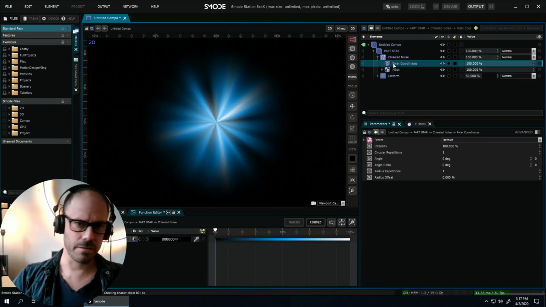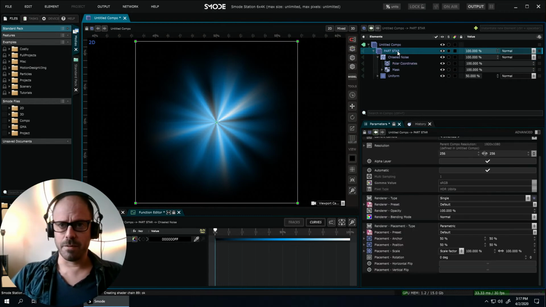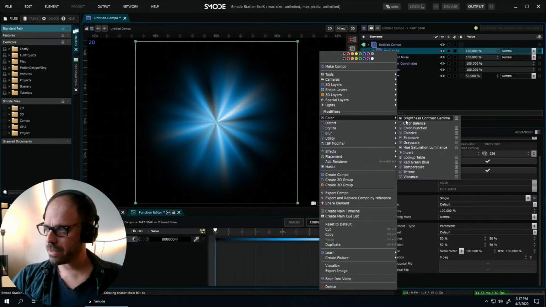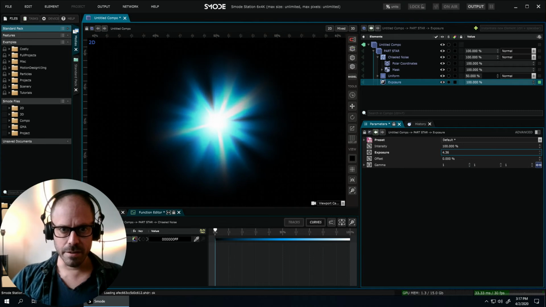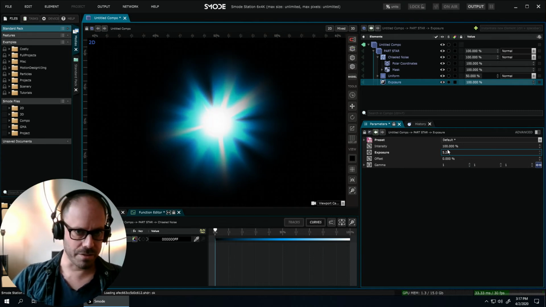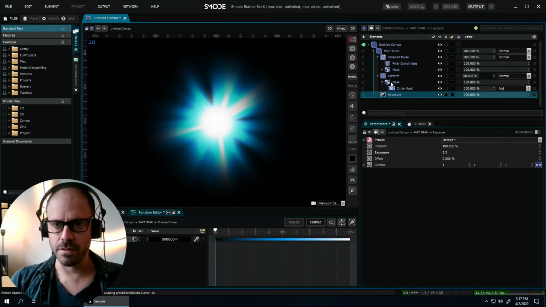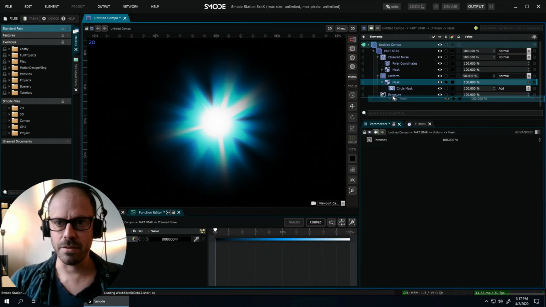This does everything. And after that, I'm going to do a small exposure trick. So I'm going to use an exposure here and burn a little bit the image to have something quite shiny in the middle, and use again the circular mask to have